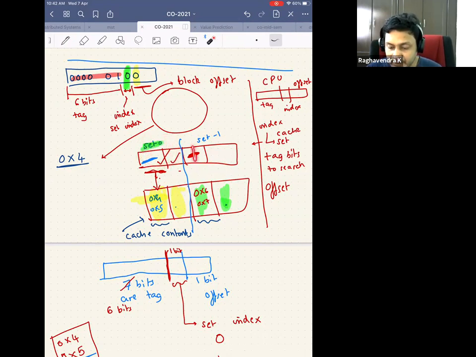And any address that I'm storing in the other set would have 1 in its index bit, or else I would not have stored it there. If I had broken this and stored it here, I would end up with wrong data, because when the CPU generated the request, I would not have searched here. So I don't need to store the index bit. I don't need to store the offset bit. All I'm storing is the tag bits. So I store only the tag bits as addresses.